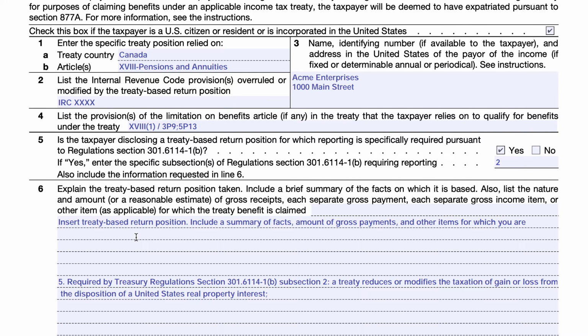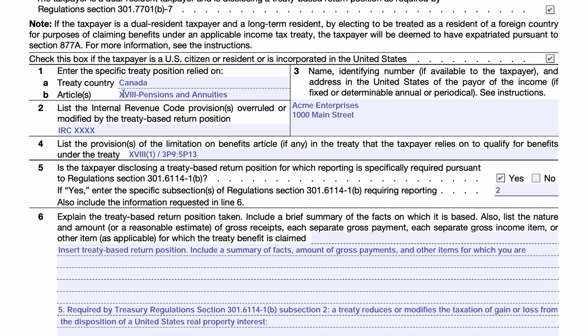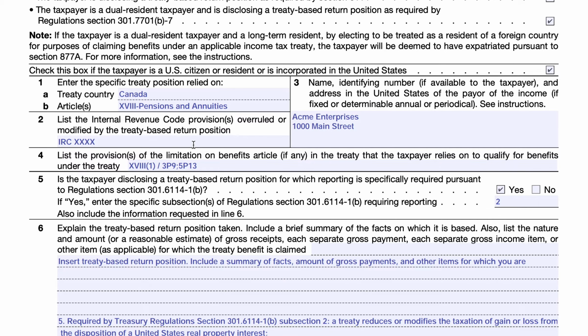Now, I am not an attorney. I am not a tax law attorney. So these are provisions that could be applicable, but I've purposely made them not realistic looking, so this is not what you would expect to put in a tax form as currently written. So in box 1, you would enter the treaty country, for example, Canada, and then Article 18,